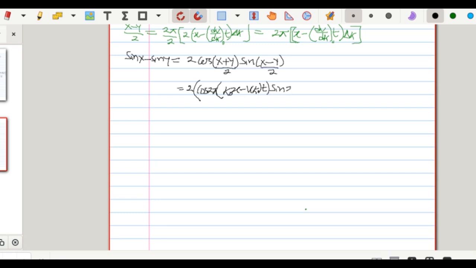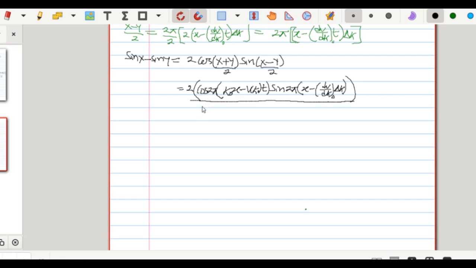Then we have sine 2 pi into x minus dv over dk naught, changing k. Remember, this is what we had,